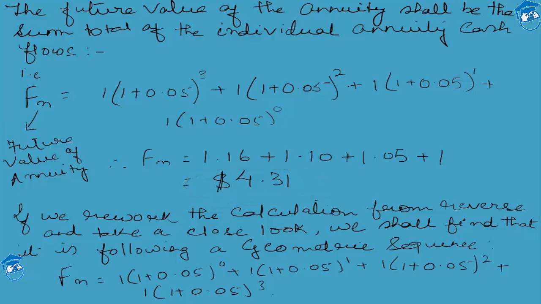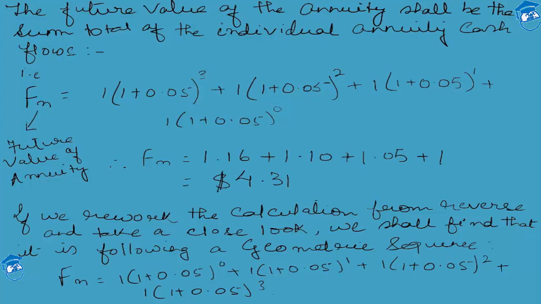Students, one thing: if we try to rework the entire calculation backwards, right now it is not that we are doing a wrong calculation, it is an absolutely right calculation, because the essence of an annuity says that whatever has been invested at the end of the first year grows only for the next n-1 years. So if we need to prove a formula for the computation of the future value of an annuity, it becomes imperative that we restructure the calculation